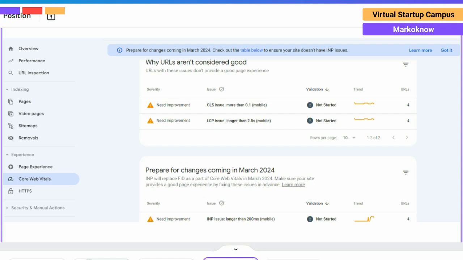Increased organic traffic reduces dependence on paid advertisement and expands the reach of the marketing team's efforts. Targeting specific keywords and optimizing content can attract users genuinely interested in your products or services, increasing the likelihood of conversion. It is cost effective and provides you with data driven decision making.